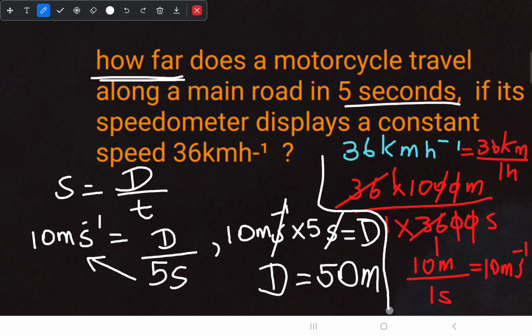In the second method, we changed kilometer per hour to meter per second, then substituted that value in the formula to receive our answer easily. I think among these two methods, the second one is convenient for you. The second one is easier than the previous one. Okay, as your preference, you have